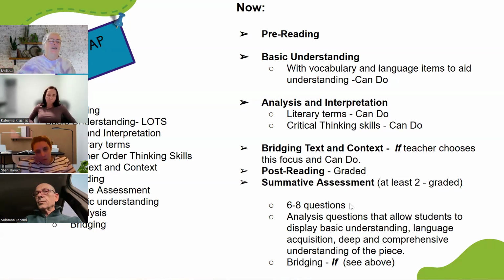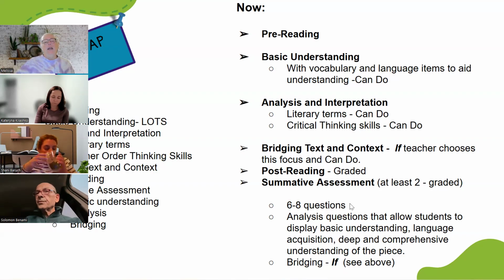It shows the language acquisition. They may be forced to use, for example, the present perfect or modals or whatever language you learned during the unit. They need to understand it in the question and use it in their answer to get full points, and overall show a deep and comprehensive understanding of the piece.